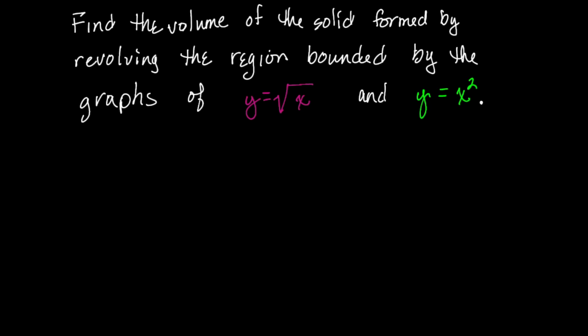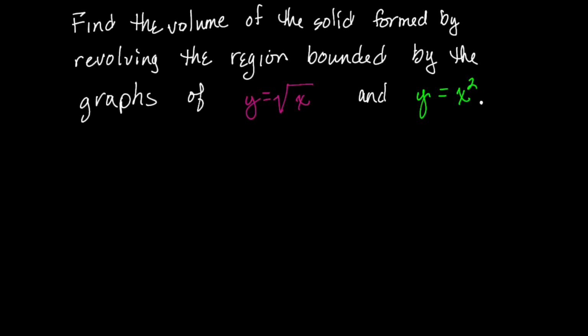Here we are. We are now talking about the washer method. It's related to what we talked about last Friday with the disk method, and it's related to calculating the area between two curves. So what we're going to essentially be doing is something similar to that, and then just rotating two curves around